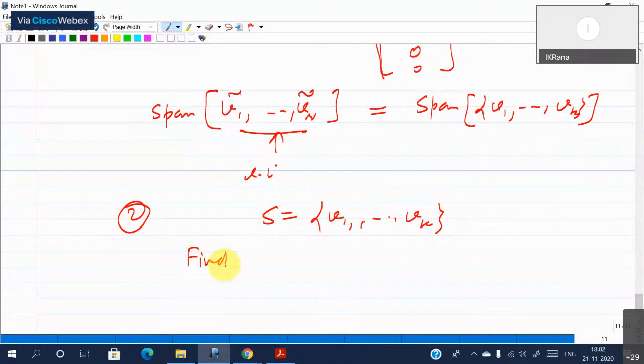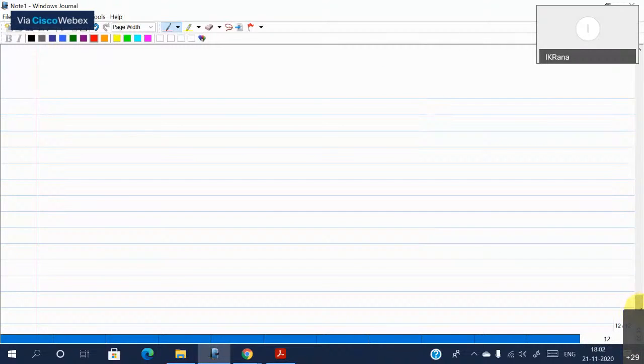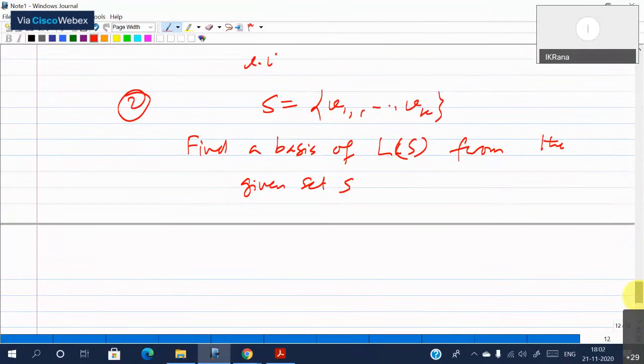So find a basis of the linear span of S from the given set. I want to pick out of V1, V2, Vk the ones which are linearly independent and will give me the same span. So for that, the idea is to construct